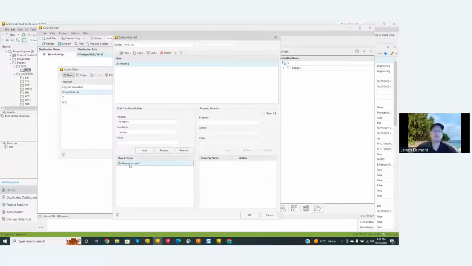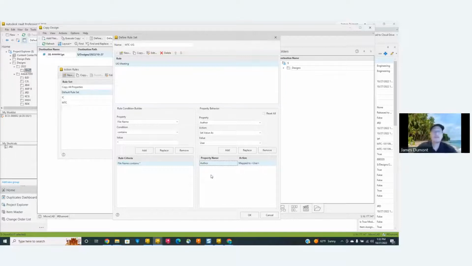So now the first thing I'm looking at is, let's go back to this guy. I'm really concerned about author. And what I want to do is when I do a copy design, I'm going to set the value as the user. So the author will get changed to the user of Vault. So whoever is doing this, it's going to swap out the author with this particular username. So that's the first thing I want to do.